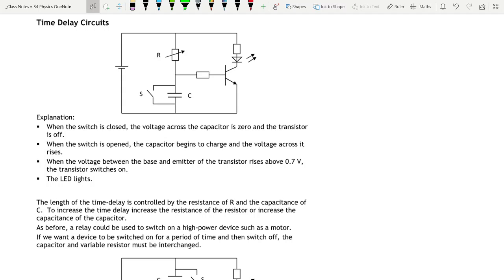When the voltage between the base and the emitter of the transistor, so remember that's this voltage here, the voltage across the capacitor, rises slowly and eventually it will rise above 0.7 volts. The transistor will switch on and the light will switch on. So this starts off